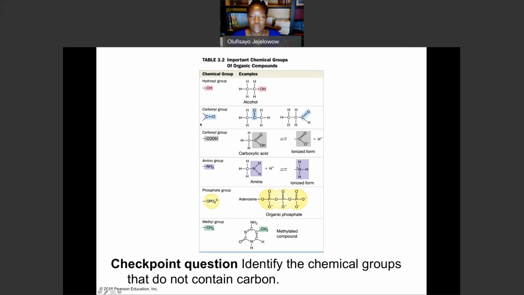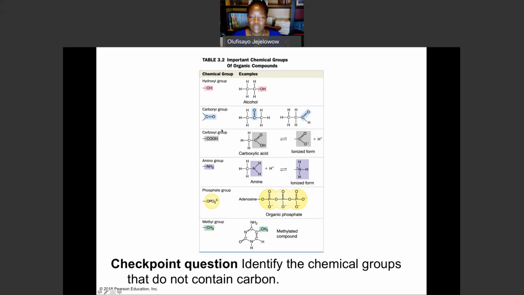The carbonyl group, CO, if it is in a carbon atom all by itself, then it attaches to the hydrocarbon and forms a ketone. If it attaches to a carbon atom that binds to another hydrogen, it forms aldehyde. So carbonyl groups bonded to the hydrocarbon chain result in the formation of ketone or aldehyde.